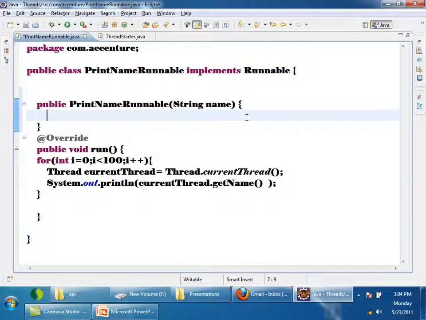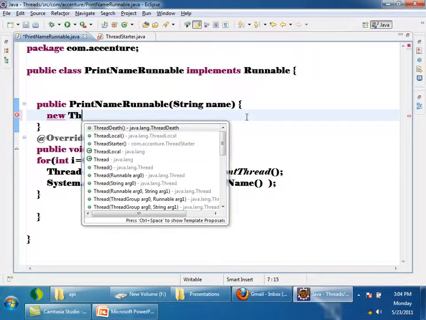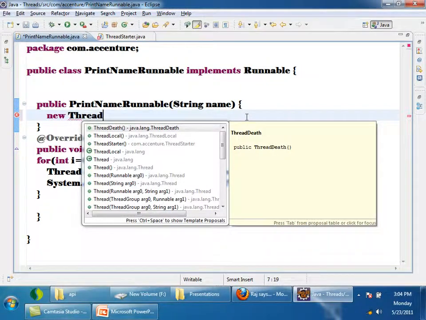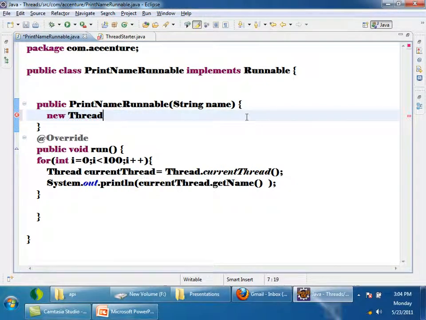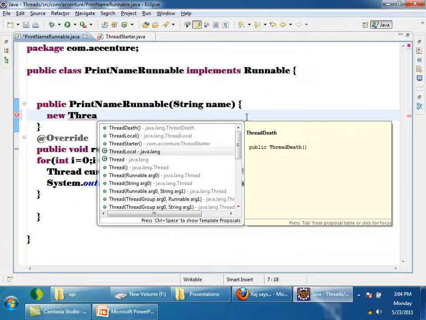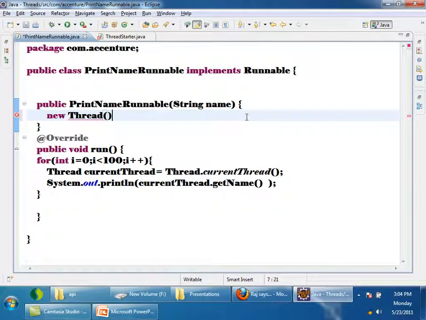And then I will create a new thread object dot start. Will it be okay? New thread dot start. Am I passing the runnable object? No, I am not passing the runnable object.